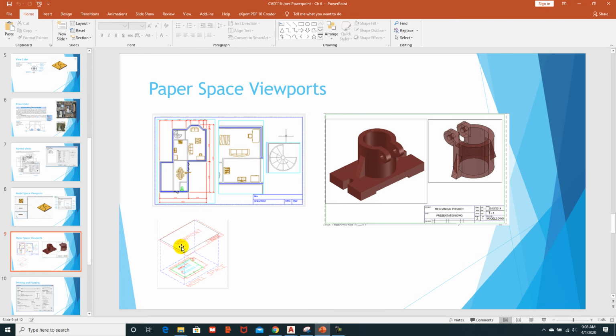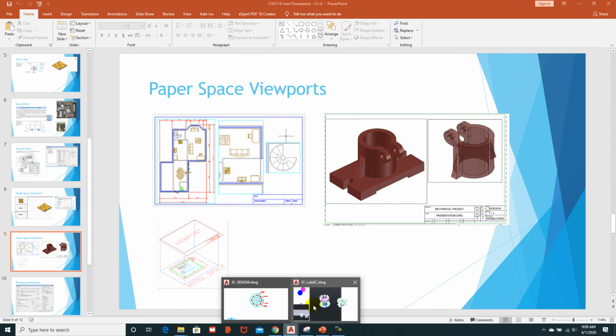The title block is right here, and then you have a viewport, okay, which is created within the title block, and then it's kind of a window into model space. And so it's almost like a camera that's just displaying what's going on in model space. And so when we go into Paperspace,